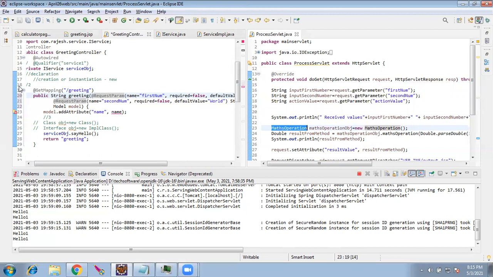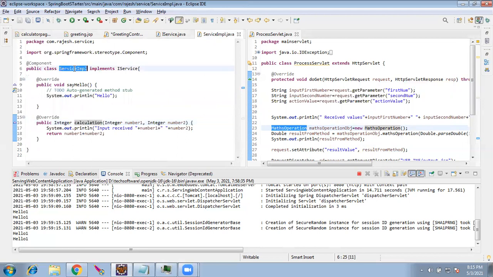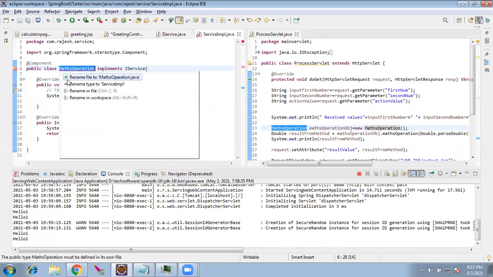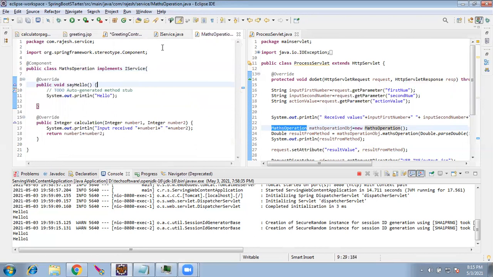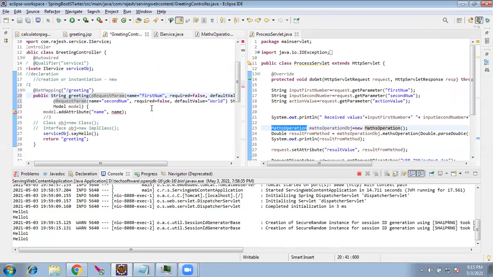For understanding purposes, I'll create the same name here. Now from the controller, I want to call the same. Before that, I will comment this line. From the controller also, I have to call the same maths operation.